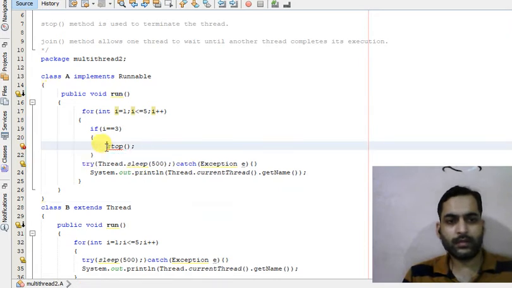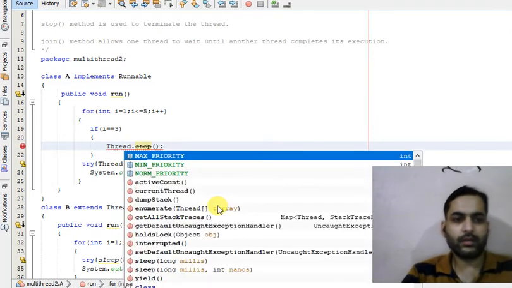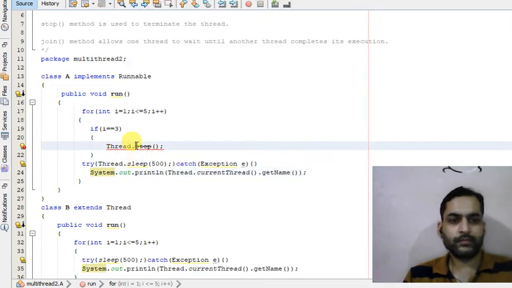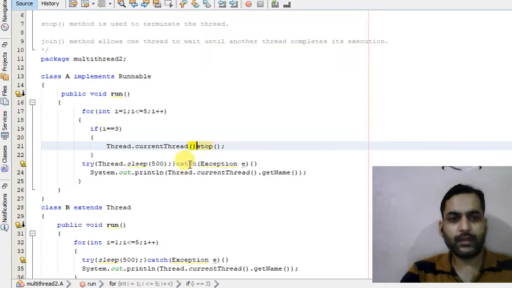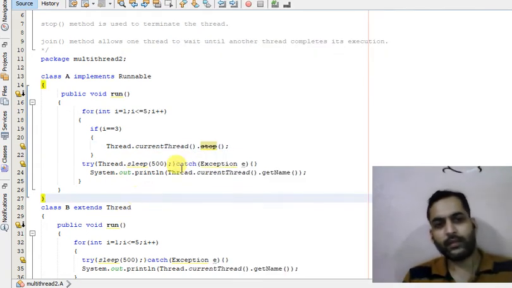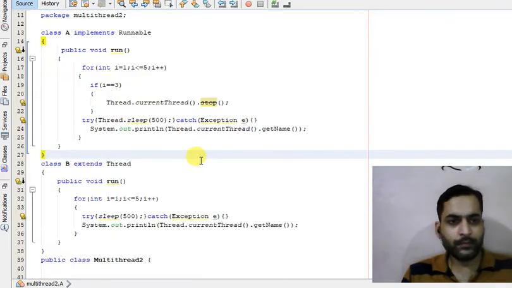Okay, it should be in Thread.currentThread().stop. Okay. So now what should be the output?